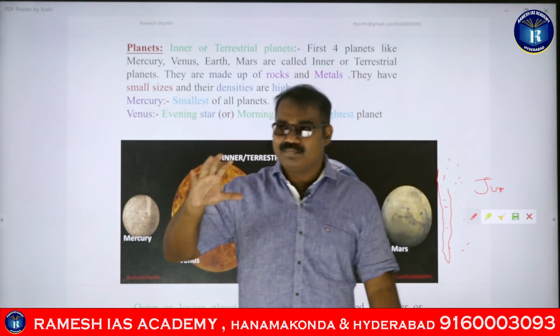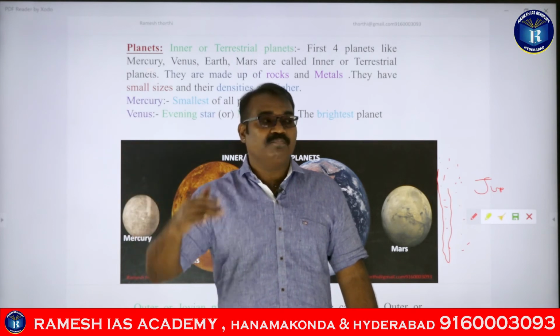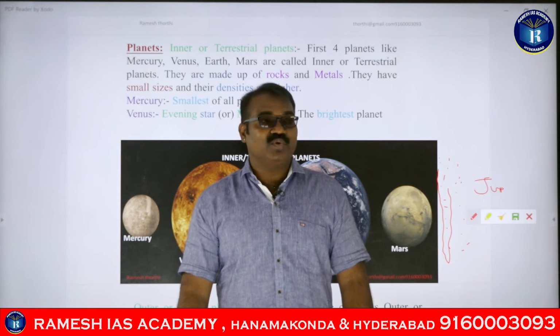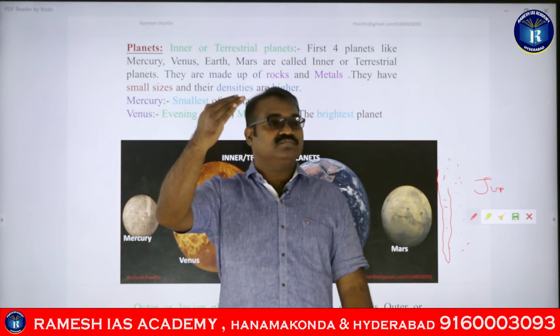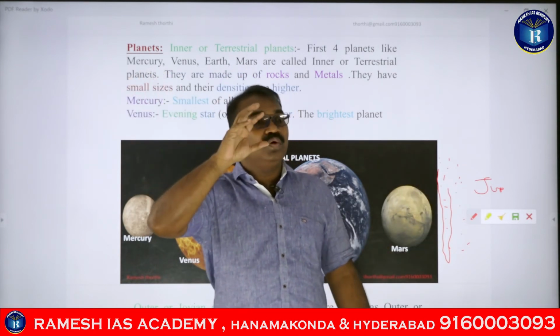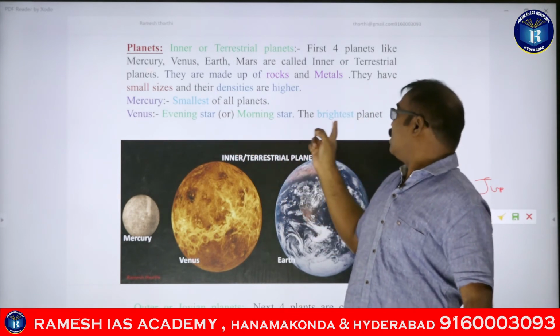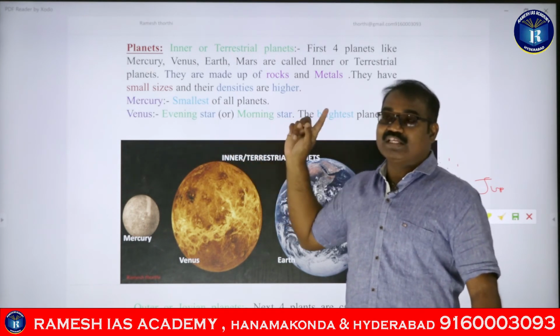What is the twilight? The light which is seen after the sunset or before the sunrise. That is called a twilight period, guys. So before the sun is coming above the horizon, when the sky is clean, the one and only bright star which is shining is Venus, guys. That is the reason it is called the morning star.